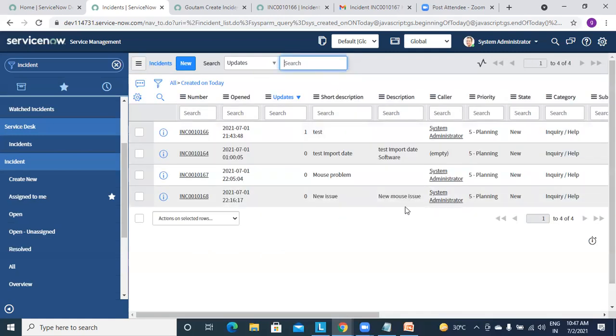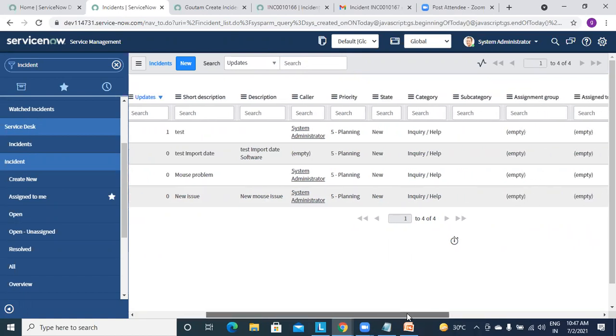Okay. So this is the new incident which got created from our new email inbound action. And you can see short description is new issue and description is new mouse issue, which we have given. And the caller field also we have set, right? So that is system administrator. Okay. And you might think, why is this priority 5, why is state new, why is category inquiry?